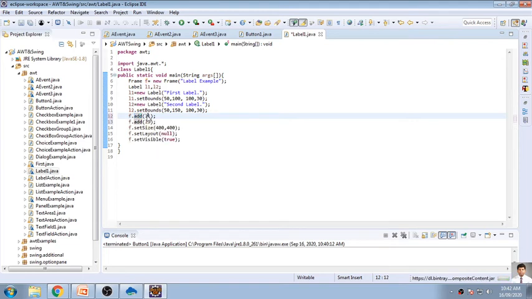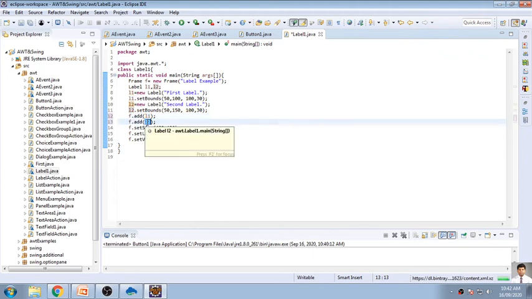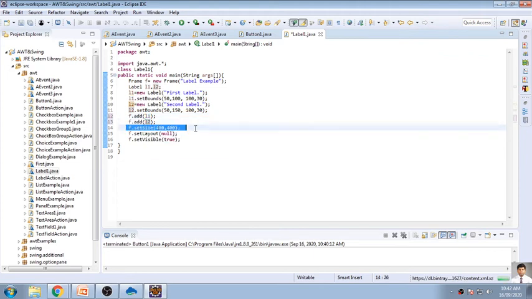Whichever thing I am writing here will be displayed on this label, okay, on this label as an object. So same width and same height as that label too. Now after that I'm adding L2. So again it is added as L2. Then set size.